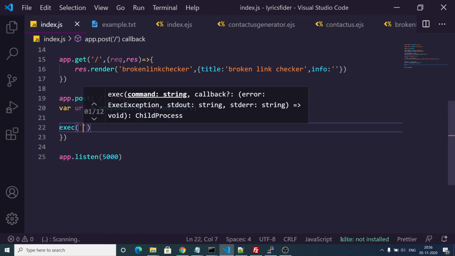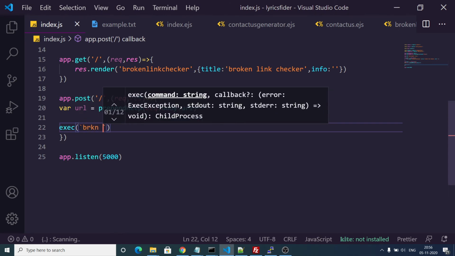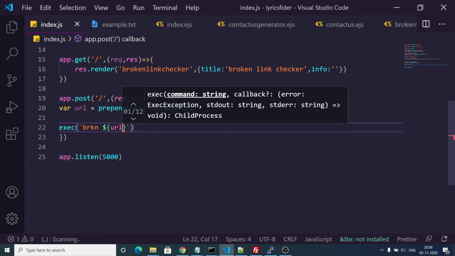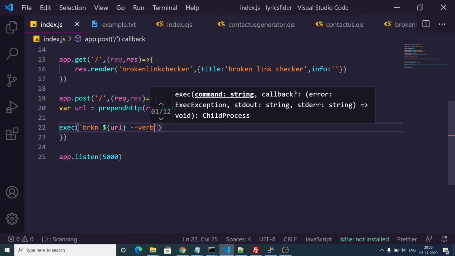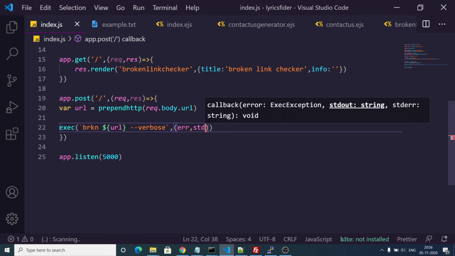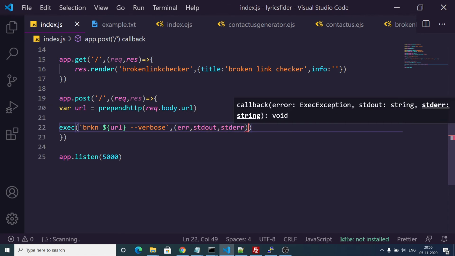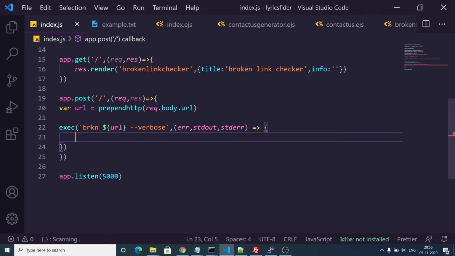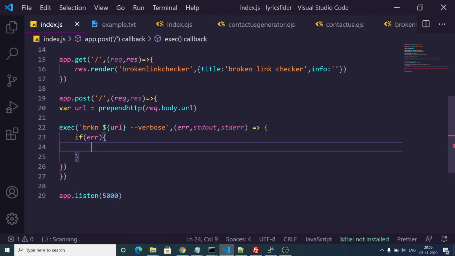So brkn, and then we will put the dynamic domain name and the option verbose, and this takes the callback: error, standard output, and standard error. These are standard parameters. If any sort of error takes place, then we can say response.send error.